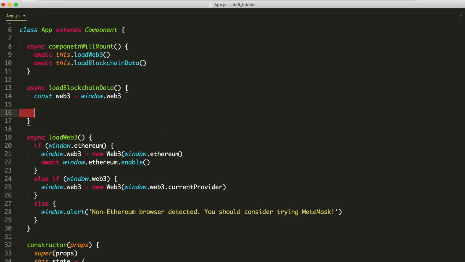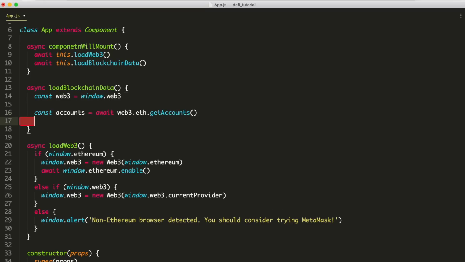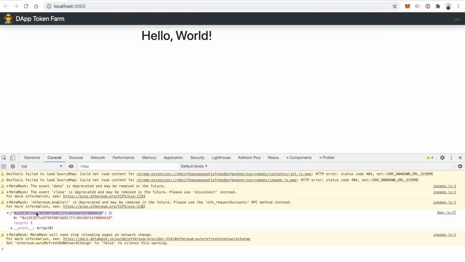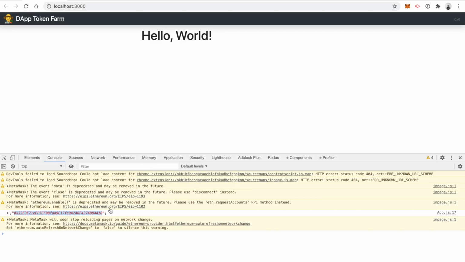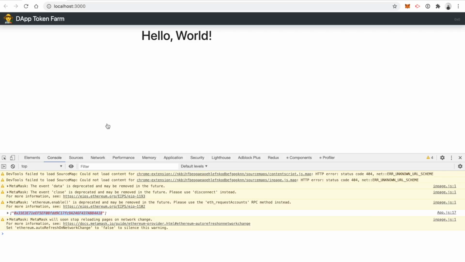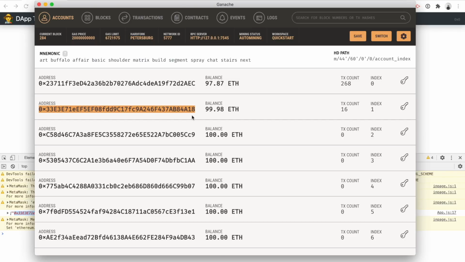So we did this inside the console earlier, but you'll see how it works. We'll say const accounts equals await web3.eth.getAccounts. All right. And then we'll just console.log the accounts here, so you can see. And then boom, there we go. We can see that the account was logged to the console here. So this is the exact same account that's here in MetaMask, which should also match the exact same account here in Ganache. So